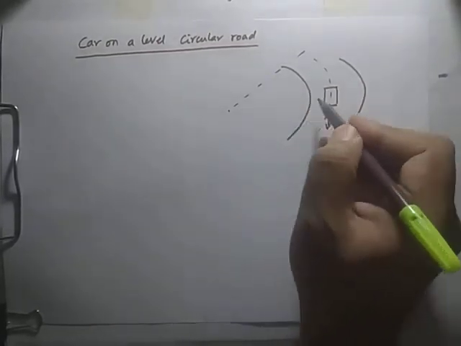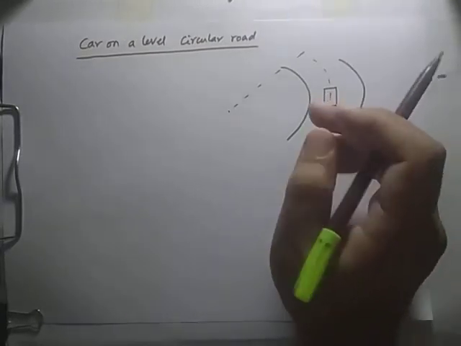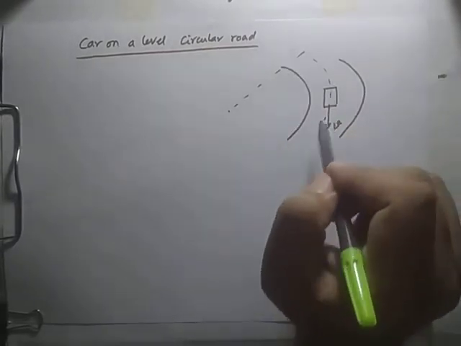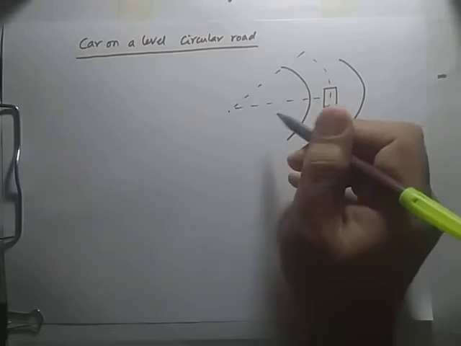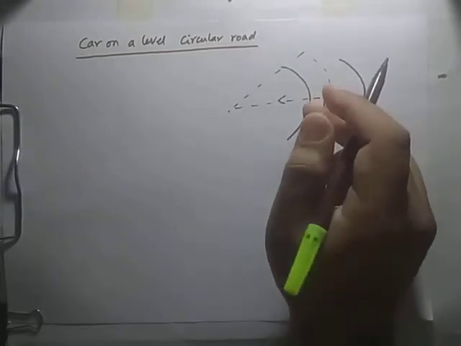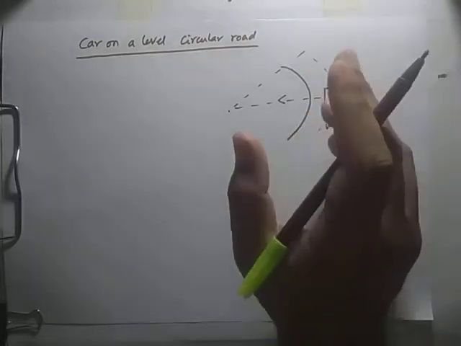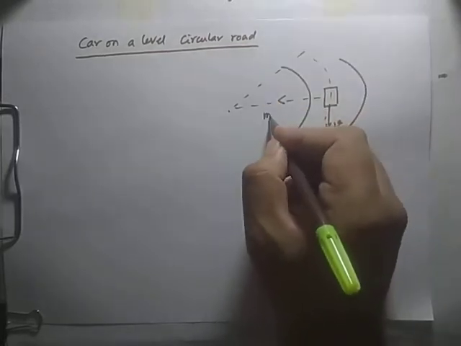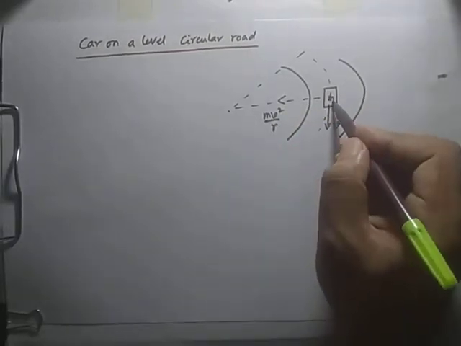As the car is turning on this curved path, when something rotates in a curved path or a kind of circular path, some internal force will work toward the center, and that is known as the centripetal force. We already derived in the previous video the expression for the centripetal acceleration. So the centripetal force will be mv square by r. Mass m is the mass of the car.